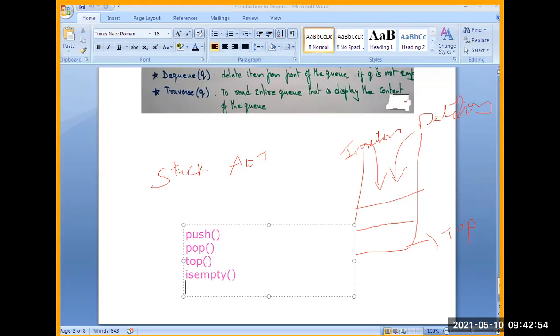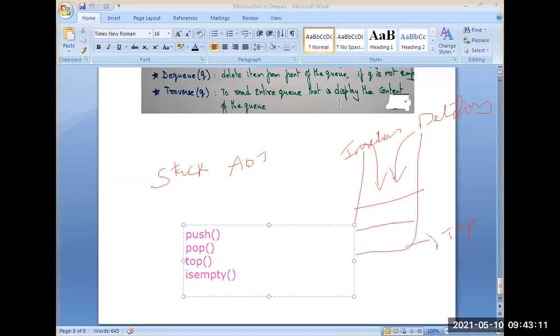Okay, you already know that last in first out: stack is a data structure where the last element inserted comes out first.